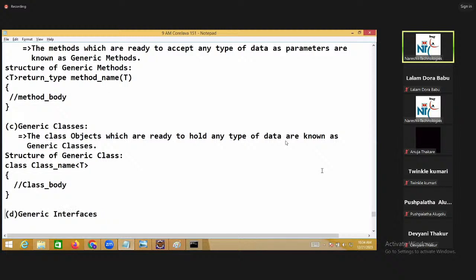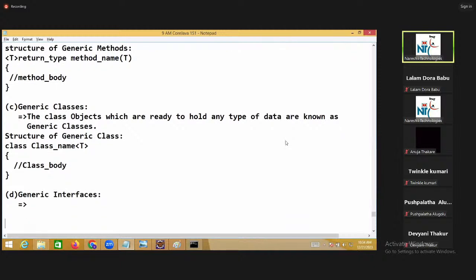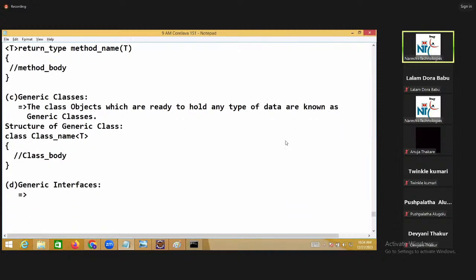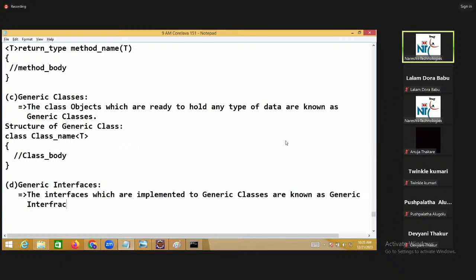Generic interfaces. The interfaces which are implemented to generic classes are known as generic interfaces, you can say.